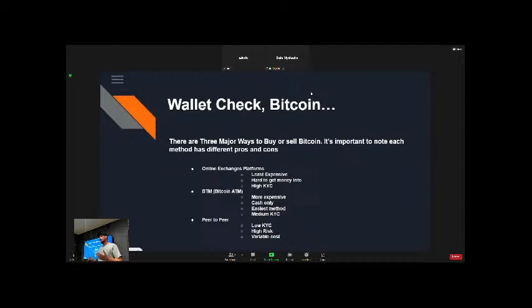And they're variable costs. Someone might charge you nothing if they're a close friend or family. Some people might charge you 30-40% if they wanted to, just because maybe you don't want the KYC, or maybe they don't really want to sell it. Or they want to rip you off. That's totally possible too. So peer-to-peer is high risk with a variable cost, but it's low KYC. I always say there are different uses for everything. You don't go into your bank to deposit a $5 bill. Not something you probably do.